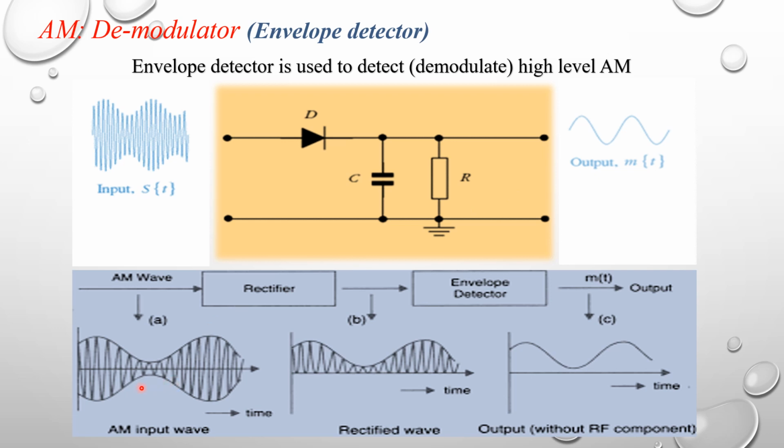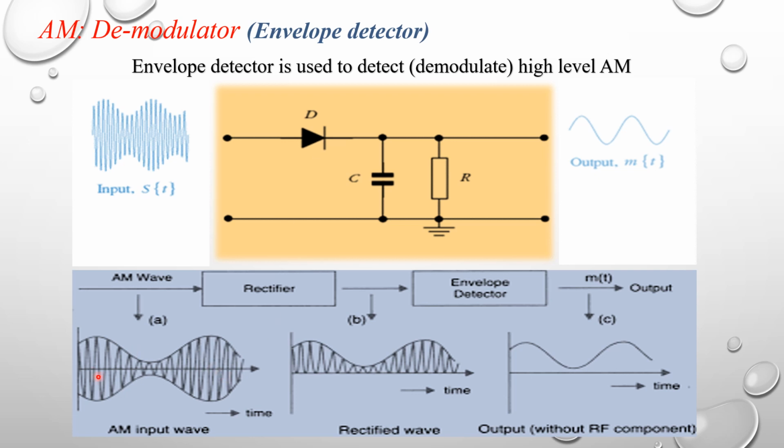For example, consider one AM wave connected to a rectifier. The diode and resistor are connected in series, and the series combination acts as a rectifier. We know that a rectifier converts AC to DC, and the diode function depends on biasing. Here the positive terminal of the diode is connected to the input signal and the negative terminal to ground, so the diode is in forward bias condition. It conducts only the positive cycle.